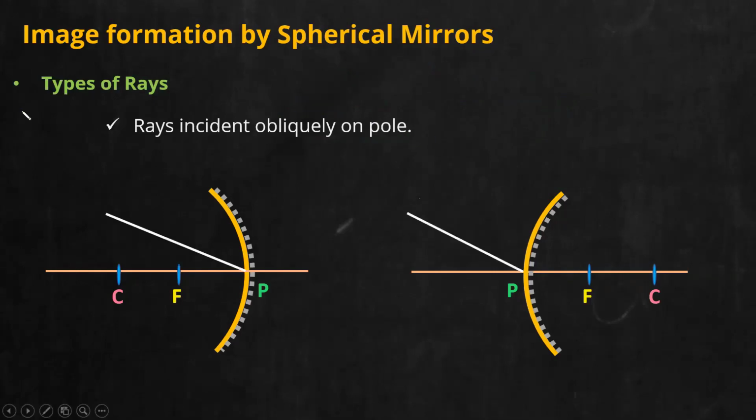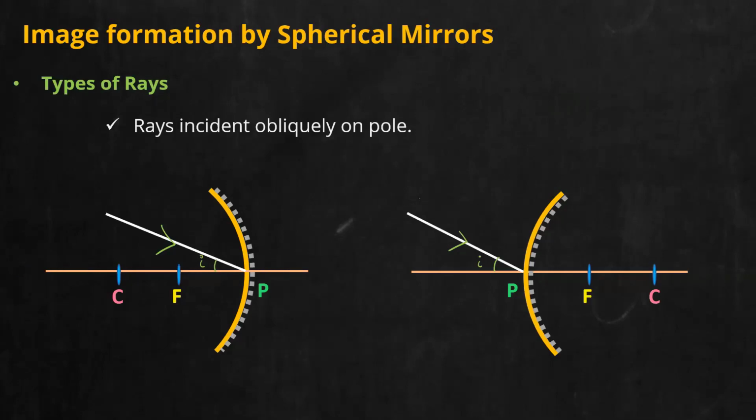So in both cases, we'll have an oblique ray. And once you have the oblique ray, right away you can mark what? This is the angle. So here, this will be the angle of incidence. Here also, this will be the angle of incidence. And you can mark the direction of the ray. Now, how is this the angle of incidence? Because here you have a line passing through what? Center of curvature. And that will be your normal.